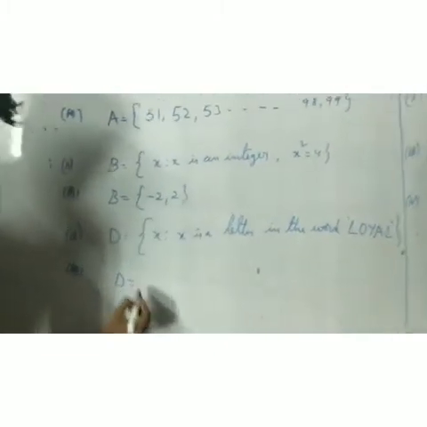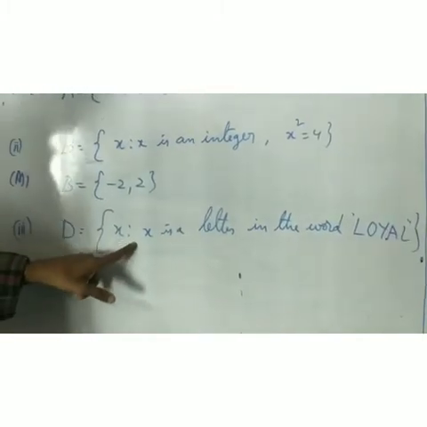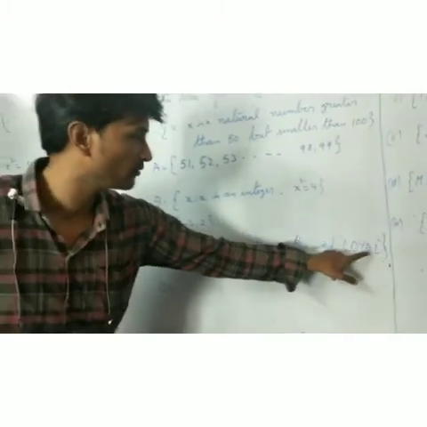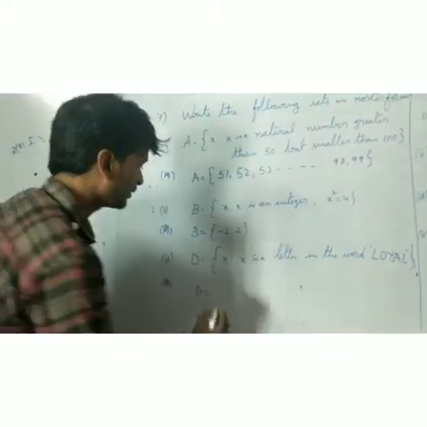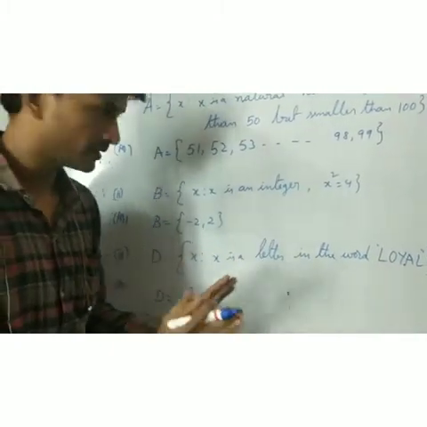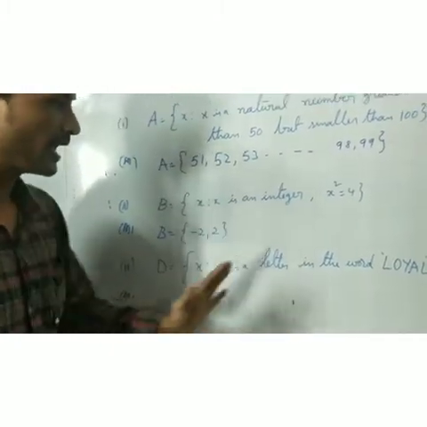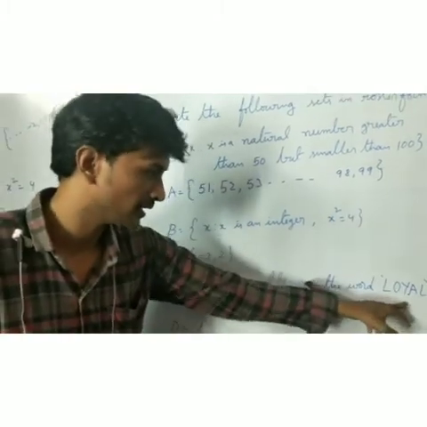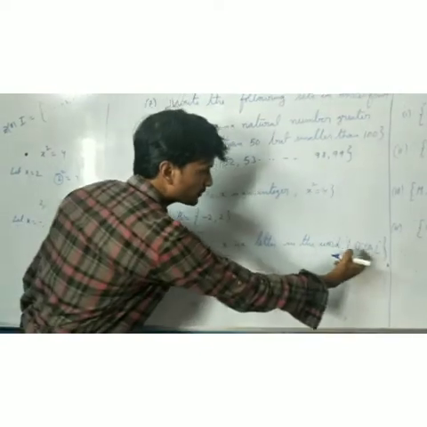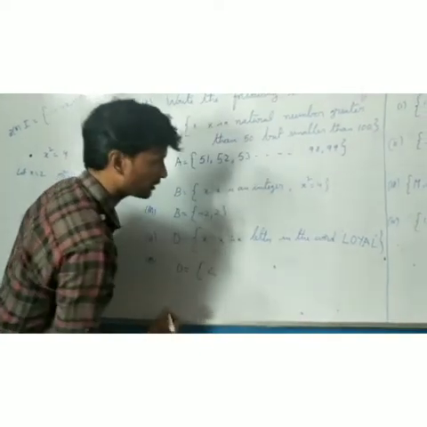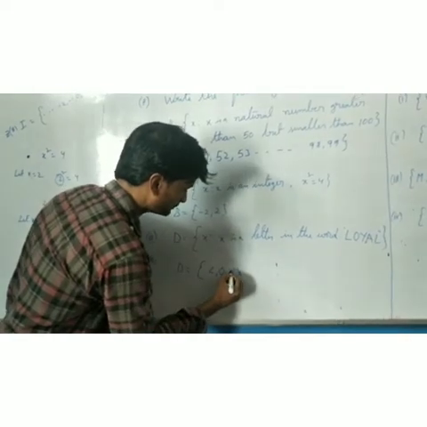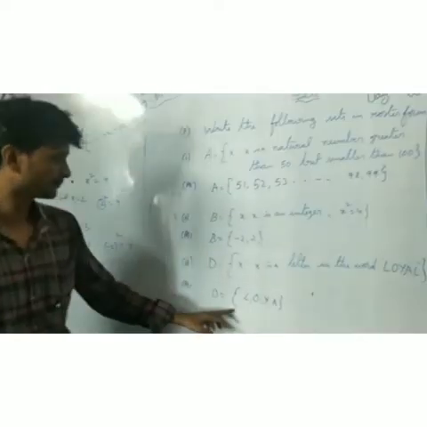Next, set D equals x such that x is a letter in the word LOYAL. Already we know that every element is separated by commas and repeated elements are written only one time. So L is repeated 2 times, but only a single time we have to write. Next O, Y, A. So this is